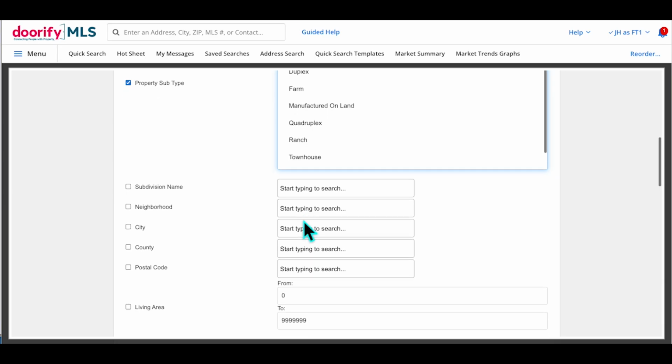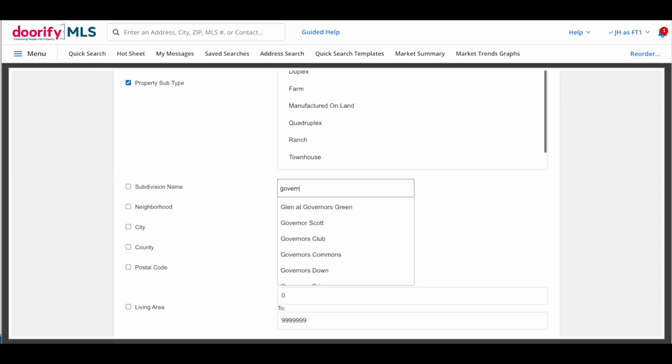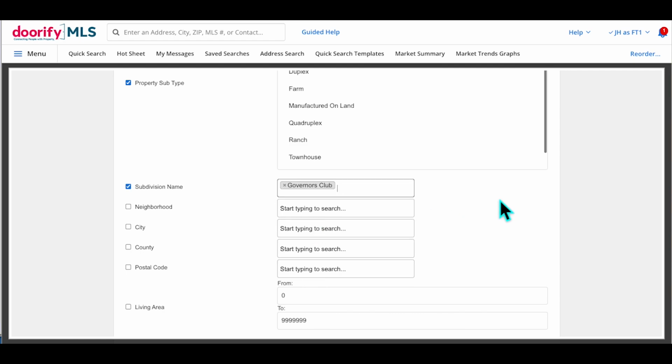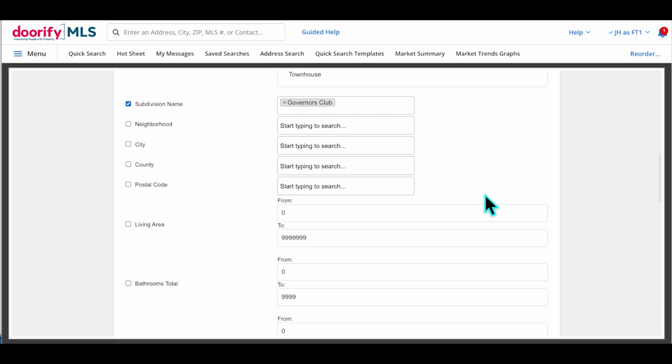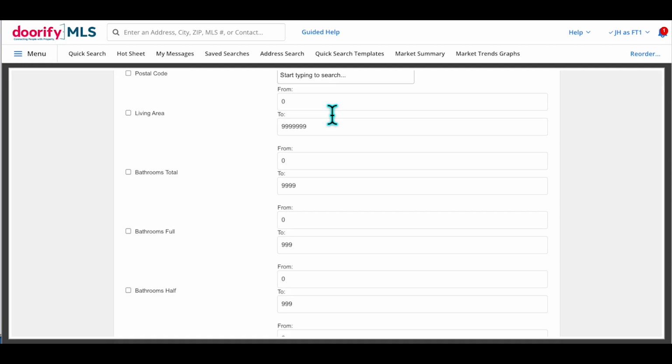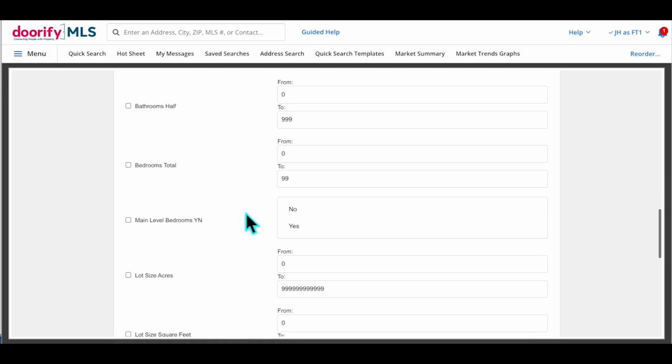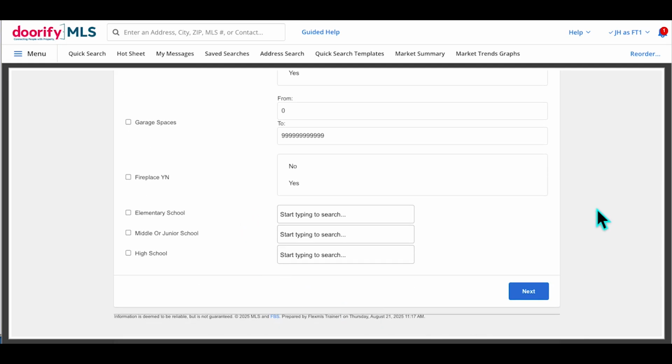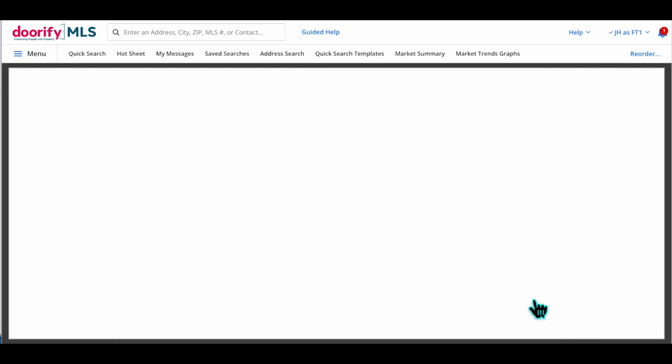Again, I can sort by or search by location or locations. I've got subdivisions, I've got cities, counties. We'll do Governor's Club because I liked all of the properties I drove by yesterday. They look nice. Again, set my locations. If I was looking for specific size, living area, number of bedrooms, bathrooms, whatever it is, I can filter my search down, but I'm just going to click on next. I'm just saying within that location